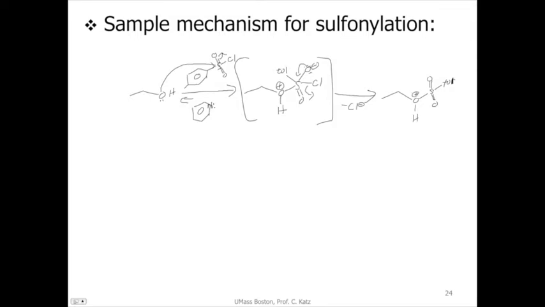Now of course we still have a system that looks like it's imbalanced for charge, but we have a minus here and a plus here, so it is actually still balanced. But we still have this charge to take care of here, because we don't want this species being that higher energy. So we're going to have our handy little Cl minus that's just floating around come in and rip off that proton right here, giving us our